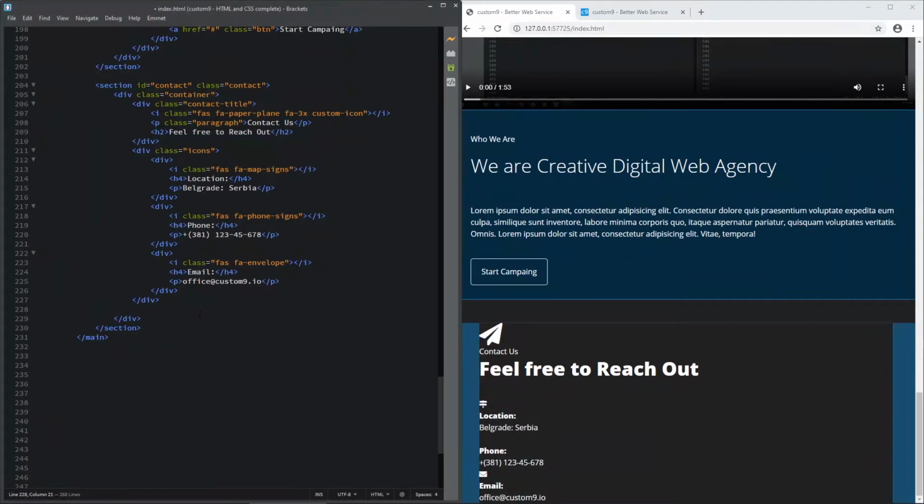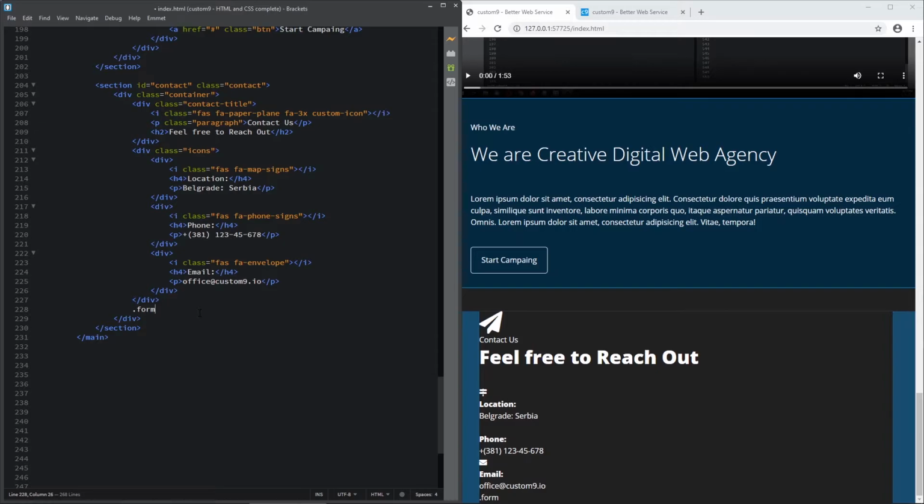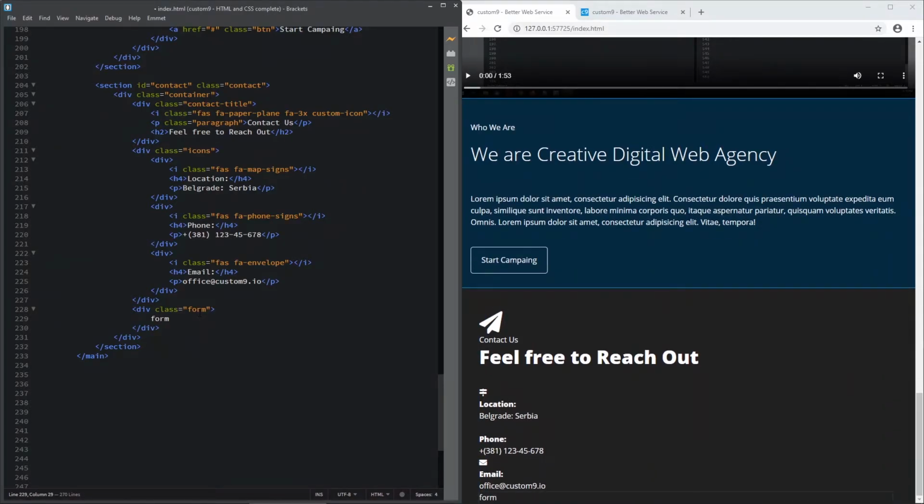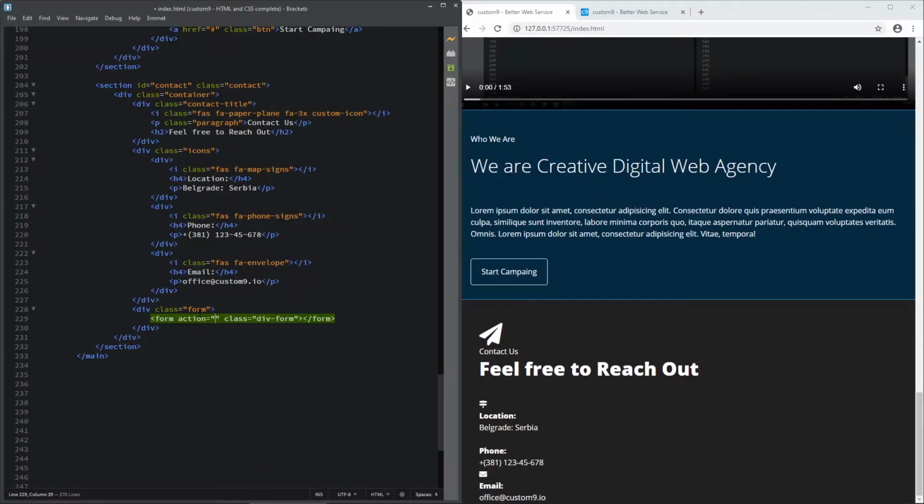Okay. Type form. And here we are going to use the HTML tag form for contact form actually. Form with class of division form. Okay. Let's delete this action because our form doesn't function. And inside of this form,